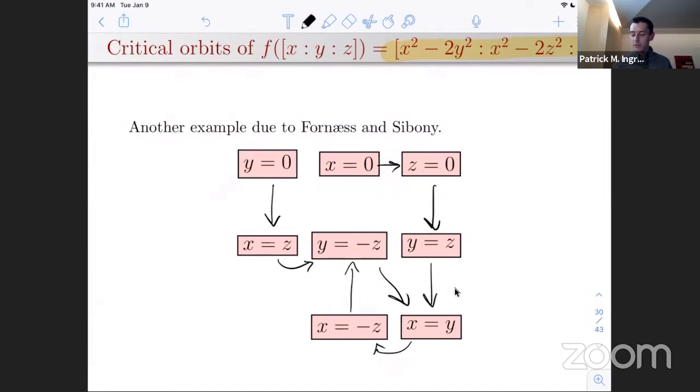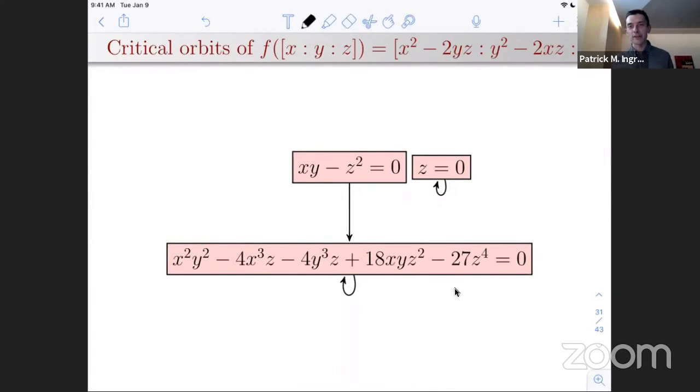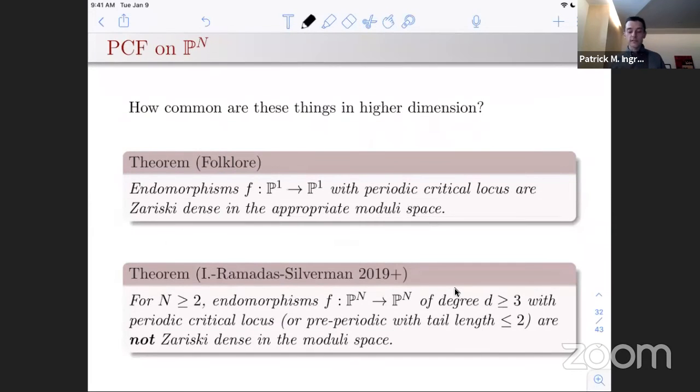I have one more because people might be getting suspicious that it's always a hyperplane or a collection of hyperplanes. Here's an example of, again, this looks very similar to the other two examples, in part because I'm doing all quadratic maps here. But here's an example of an endomorphism of P2 that's ramified along this hyperbola and the line at infinity, and the hyperbola maps onto some curve, which is sort of miraculously fixed. Okay, so you can ask about these PCF maps in higher dimension and ask what you can say.